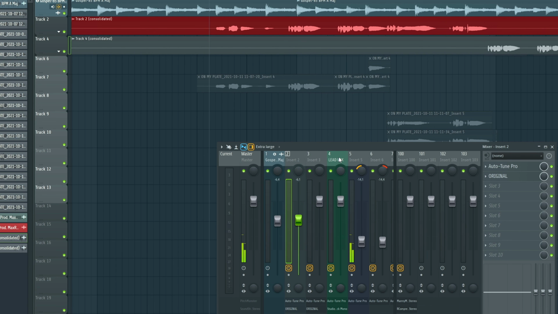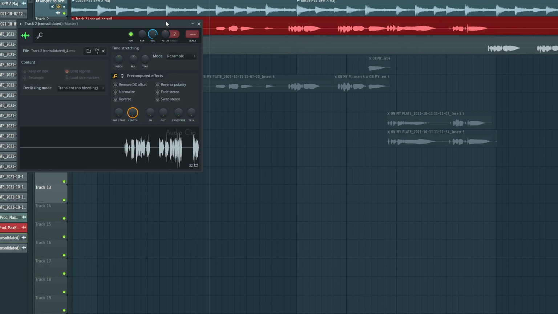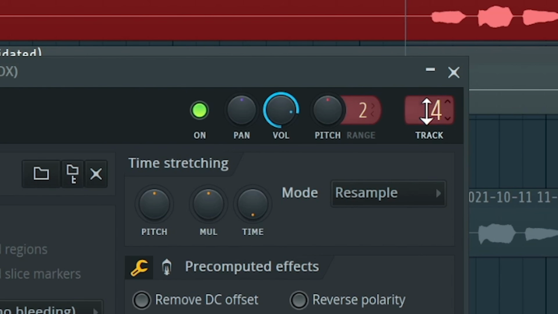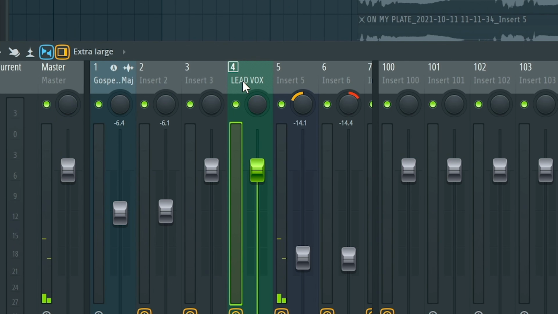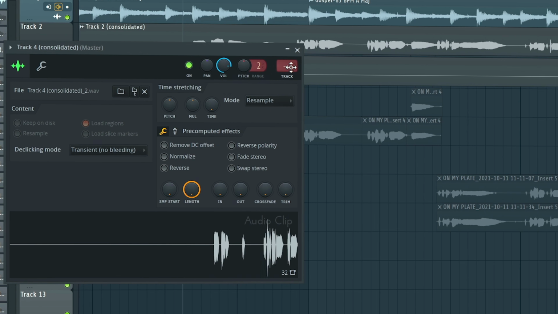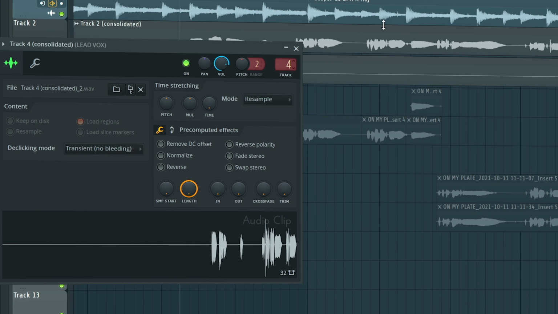So what we're gonna do is actually track it out to number 4. So we're gonna double click on the consolidated track in track 2 and slide this up until you see 4. That way it's tracked to 4, so everything you hear is going to be coming into the 4 insert in the mixer. So what we're gonna do for the consolidated track 4 is do the same thing, track it out to 4, so it's going through